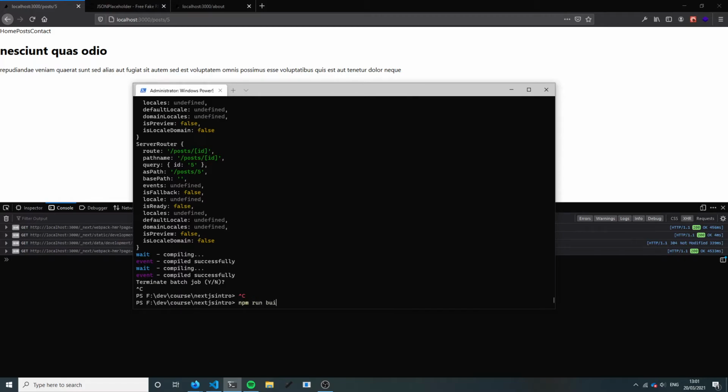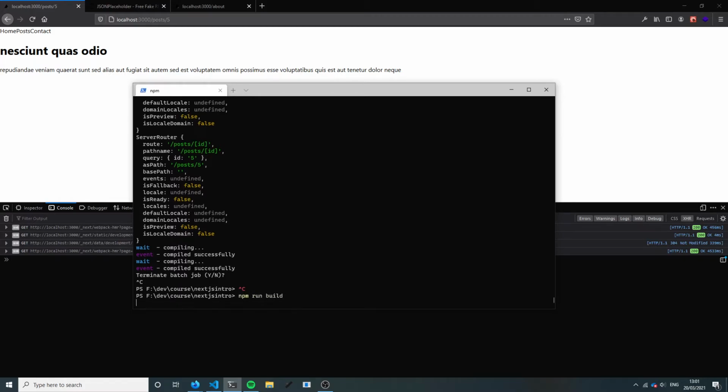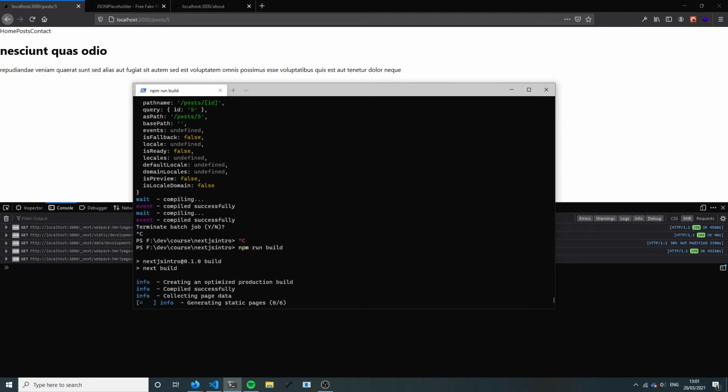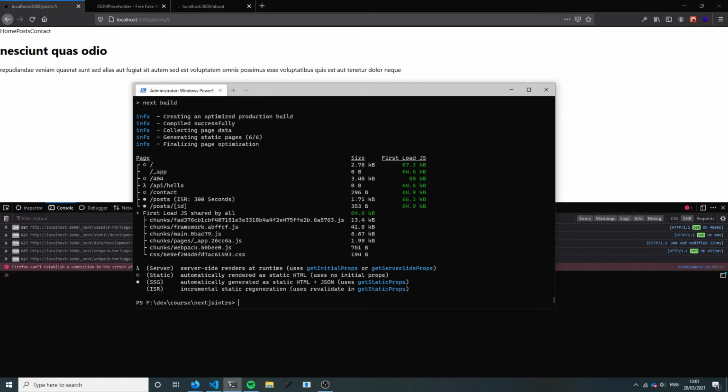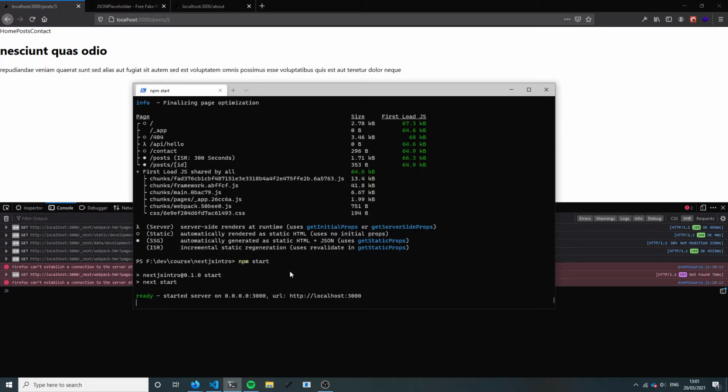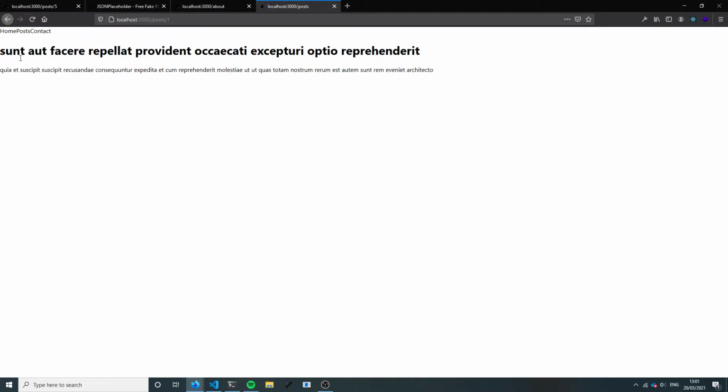If we now build this website, what we're going to see is, because we're statically generating this, the first time that we visit a post,